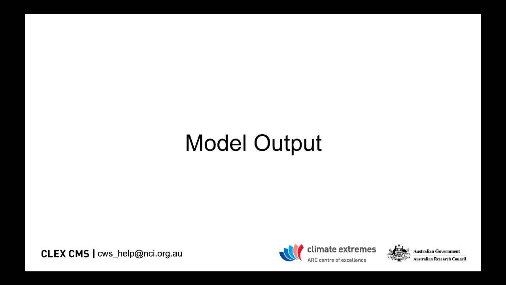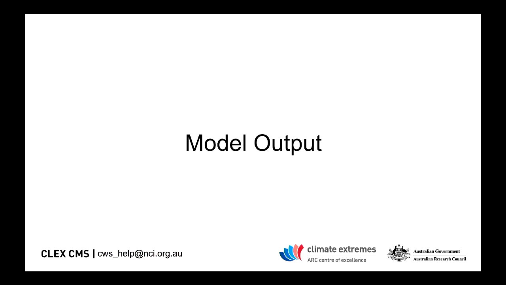So we run climate models not just to spend all of the compute time that NCI give us, but also to do science. And for this, we need to get some sort of output from the model. So most models let you configure what fields you get output from the model and at what time. So if you want a daily field getting output or a monthly mean, what levels fields are getting output on. So it's important to be selective in what values you're requesting from your model,